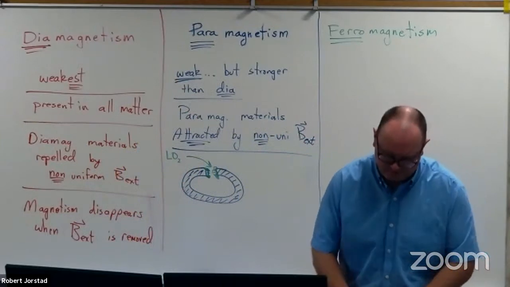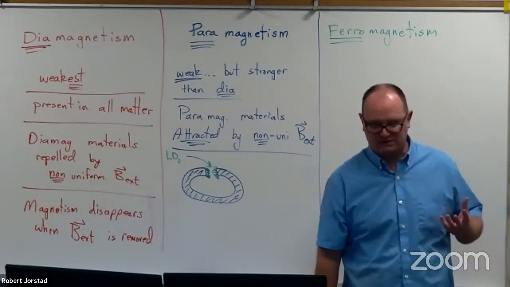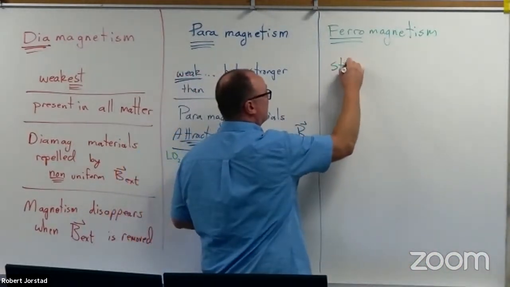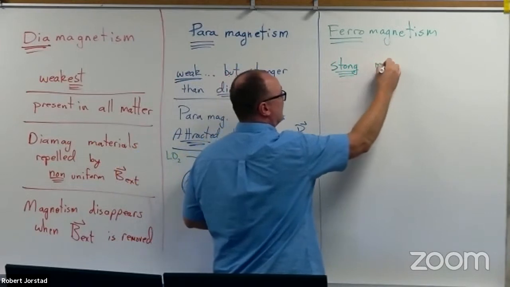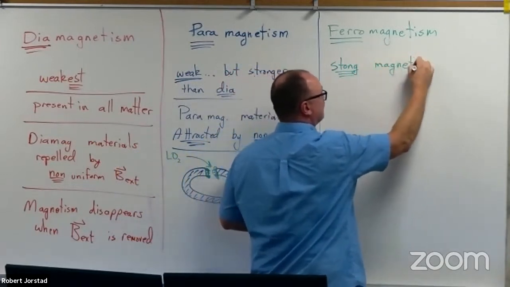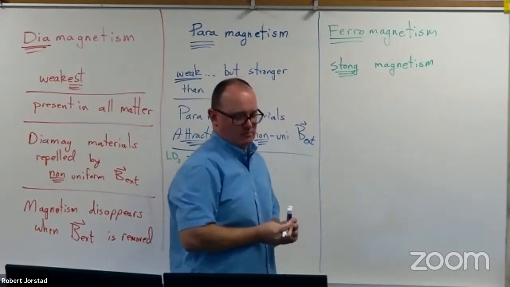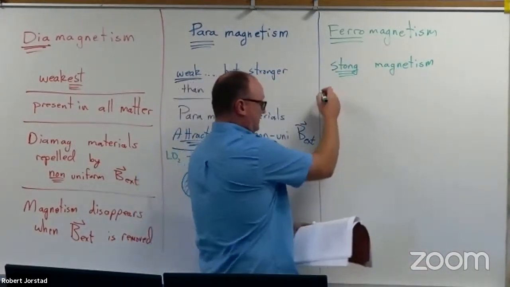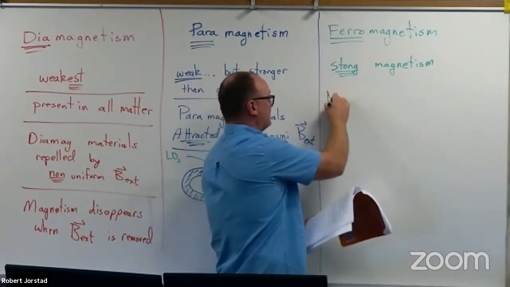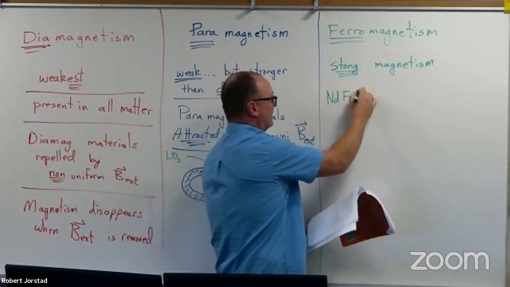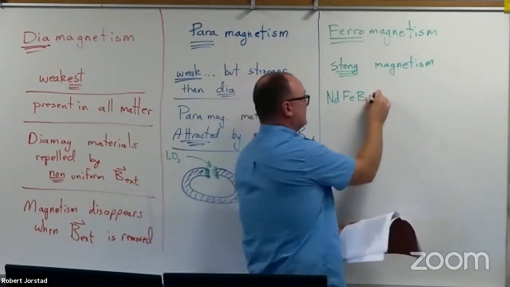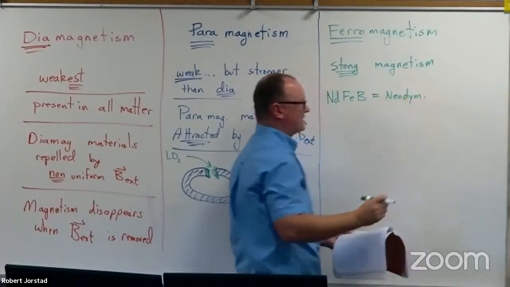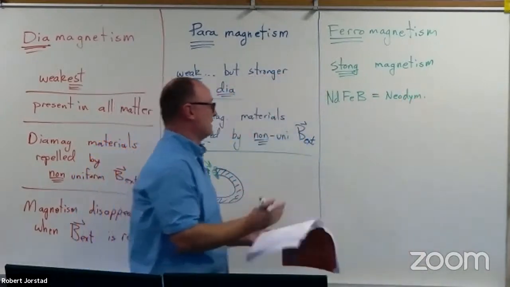And then let's go into ferromagnetism. That's the type of magnetism most of us are familiar with. So ferromagnetism is the strong type of magnetism, right? There's a number of materials that we usually think of, and let me just write a couple of these. The neodymium, I got to look that up. It's neodymium, iron, and what is that? Boron. So these are the neodymium magnets or rare earth magnets that you'll sometimes hear about. So that's neodymium magnets. Obviously, there's iron,